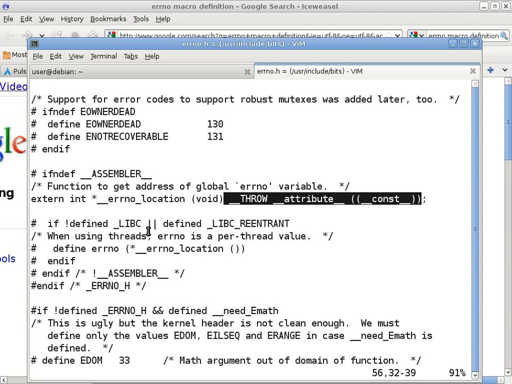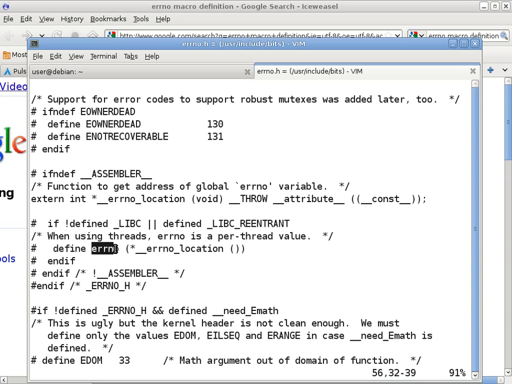Yep. Throw just means that it can throw exceptions if you're in C++. Okay, and then the underscore const means those are compiler specific. They are compiler specific, yes. But I don't remember exactly what this one means. I'm pretty sure if you look it up, you can find it in GCC's manual. Okay, but the important part is, go ahead. Errno.h says that the lvalue is assignable, no matter what it's required to be.